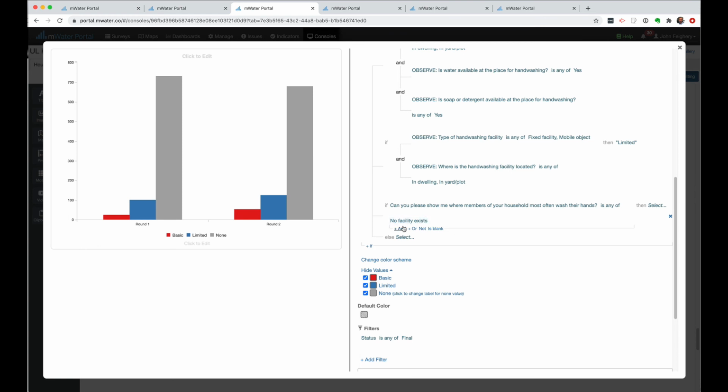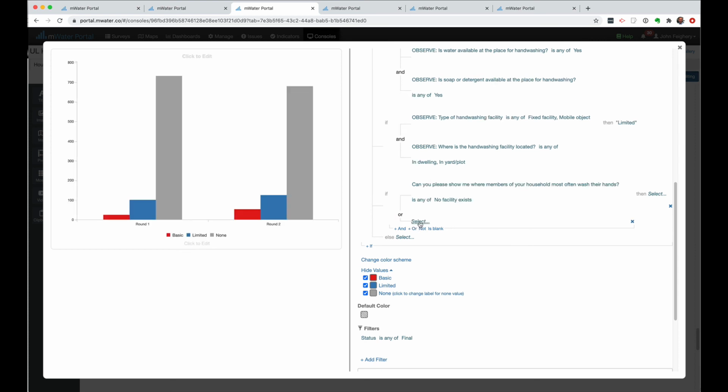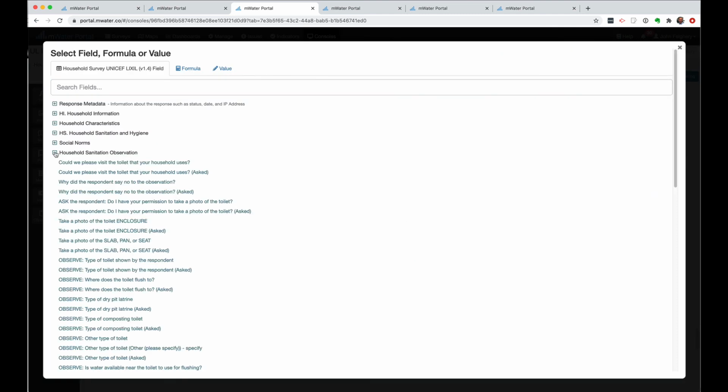Now, there's another possibility that they said there is a facility, but when the enumerator went to see it, they realized it's not really a facility or that they couldn't find it. So let's make another statement here. Now, in this case, we don't want to use and because that would mean both the things need to be true. We actually want either of them to be true to trigger this outcome. So the way you do that is with an or statement. Just like when you're speaking, if you say this or that, then that means either one could be true. We get another select here, and we're going to go to pick